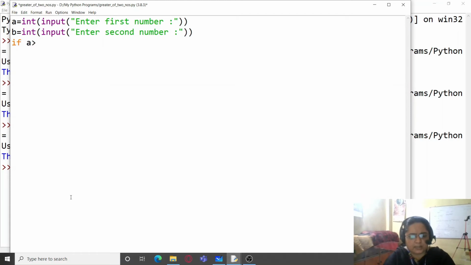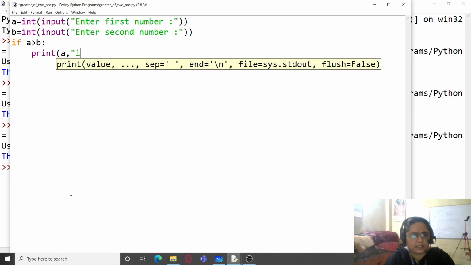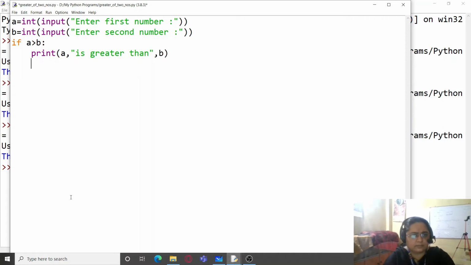If A is greater than B, print that A is greater than B. Else we will simply copy this line and replace A with B and vice versa.